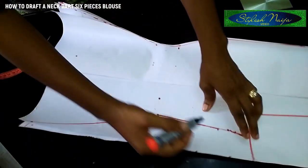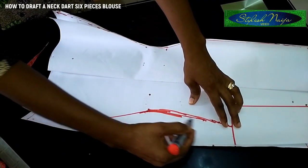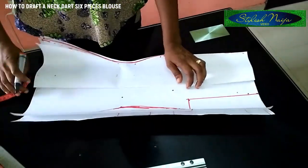I'll just connect it like this. I always like blending, so I'll just blend it like this. So this is this. So the next thing I'm going to be doing now is the armhole. So I'll just,